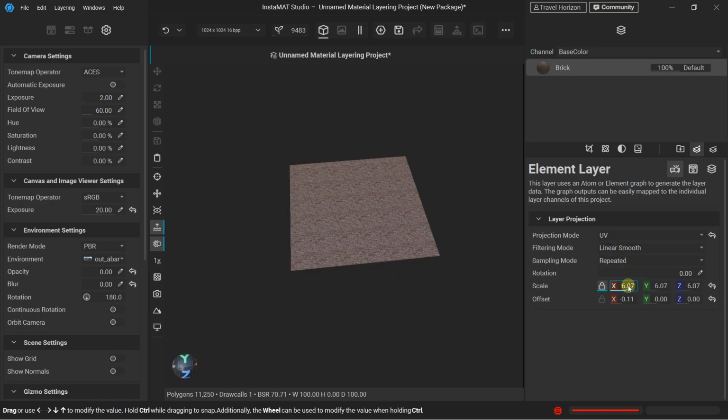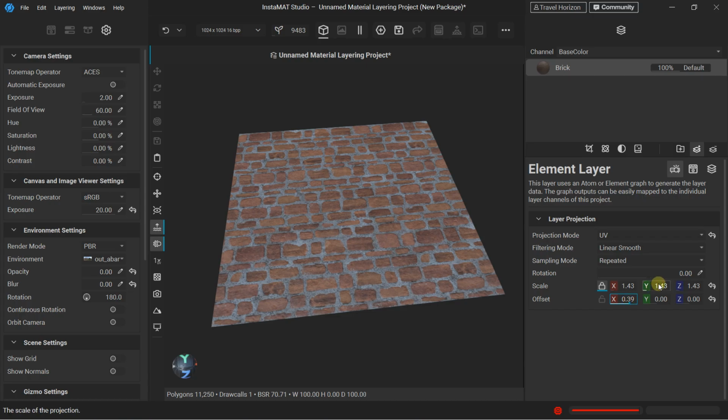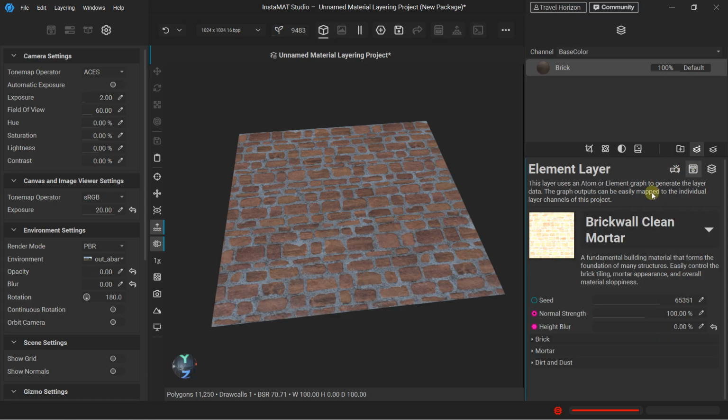You can activate the proportion and scale your layers just like this. You can also create offset on the X, Y, and Z axis. You can enter also in the layer element settings with a summary of all the parameters that you can edit on these predefined